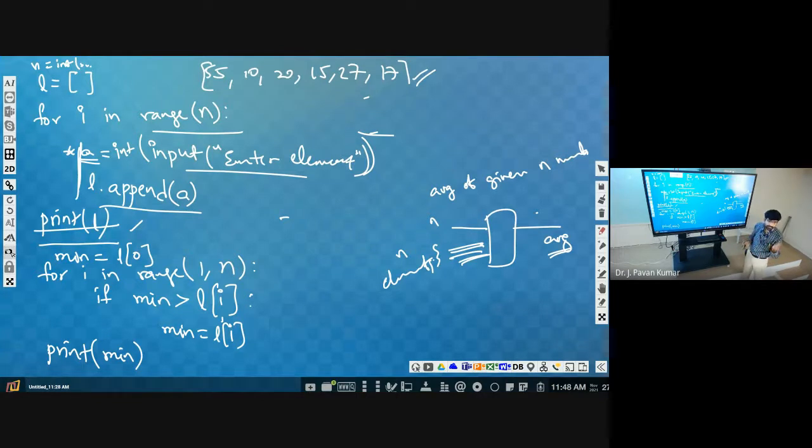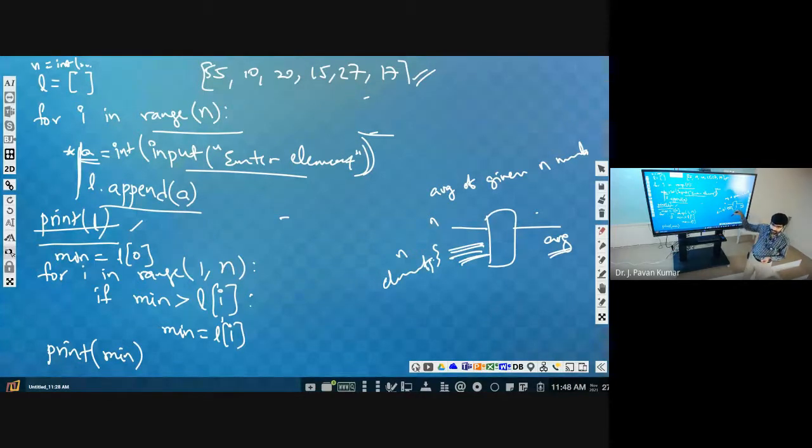So how can we find the sum? We have to add. How can we add? L of 0 plus L of 1 plus so on up to L of n minus 1. Divided by the number of elements, that will be the average. What is that?